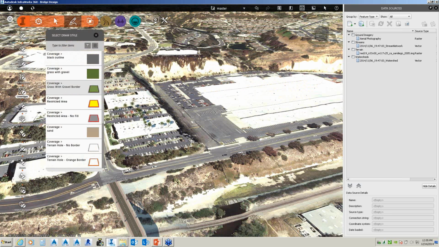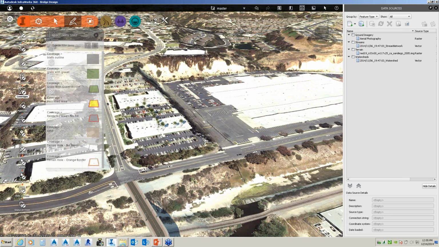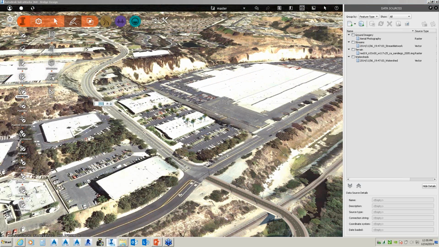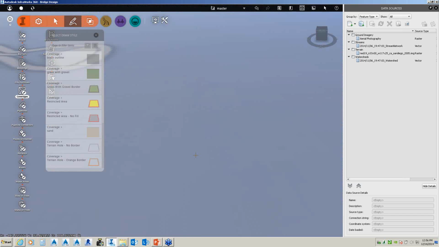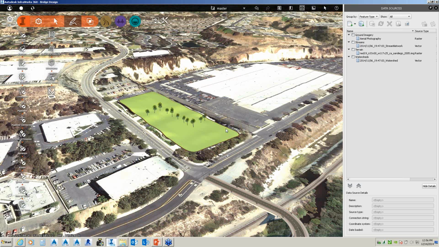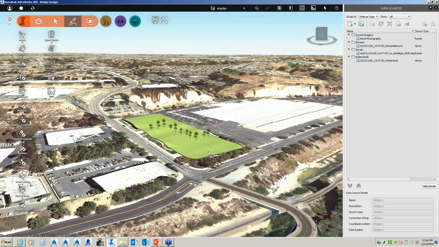So I can pick on this area here. And again, being able to create and lay out data. So I'm going to pick this area because I'm going to leave some grading on the side there. I'm just going to double pick. So I can create a simple coverage area that I want to pull in. I can create trees and added data with that coverage area. So if I pick on that coverage area, you can see that it's kind of draped along the surface.